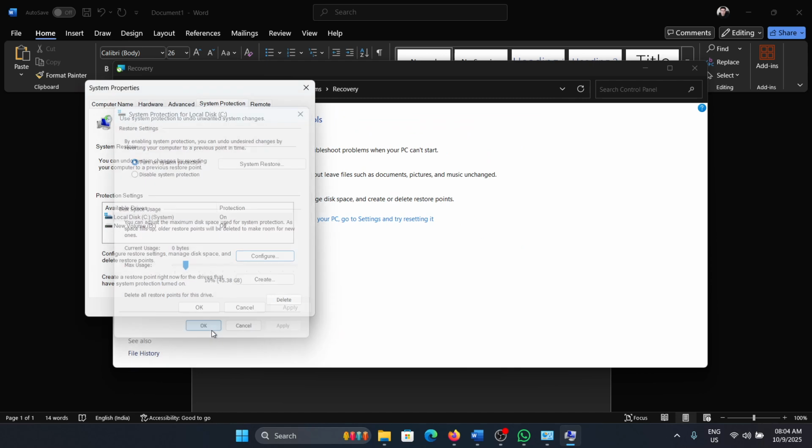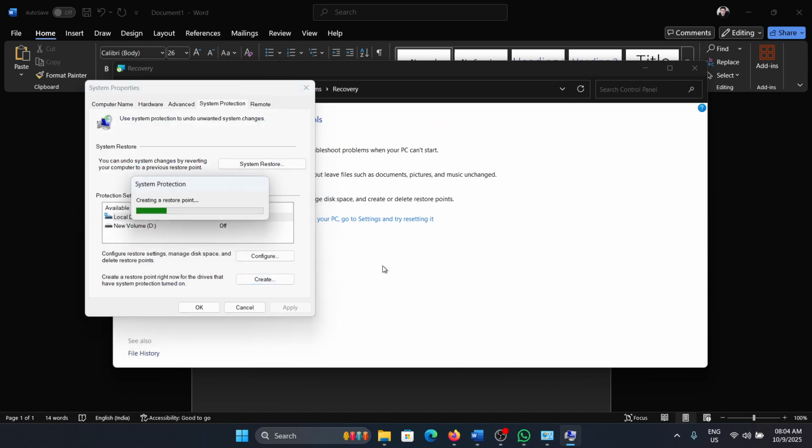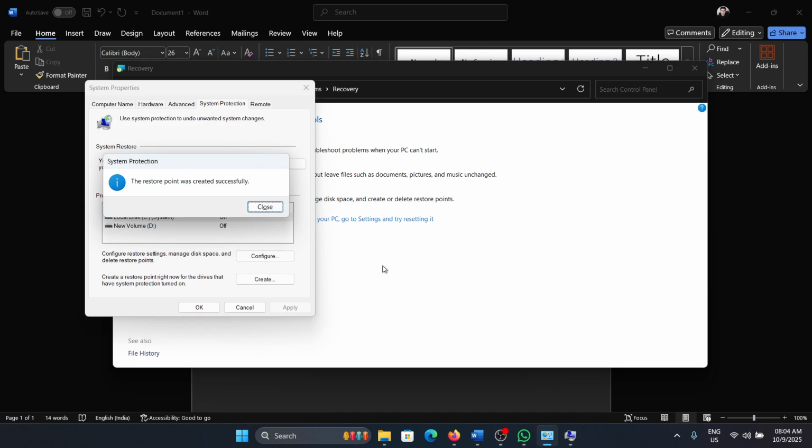So we'll do that. Click on create a new restore point. You don't have to do it at the time of restoring the computer. You have to do it much earlier to create a restore point to which you can restore later. Okay, now once this is sorted,